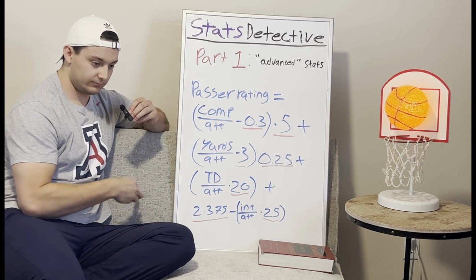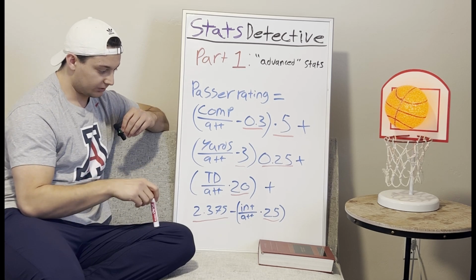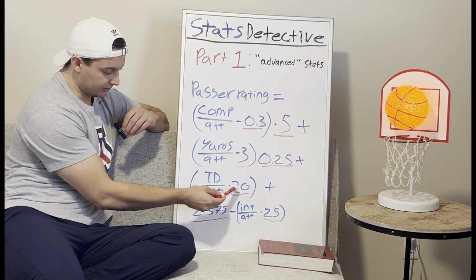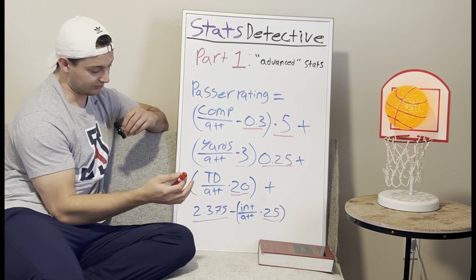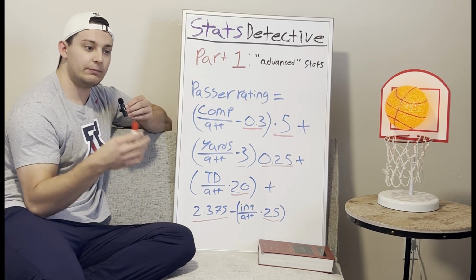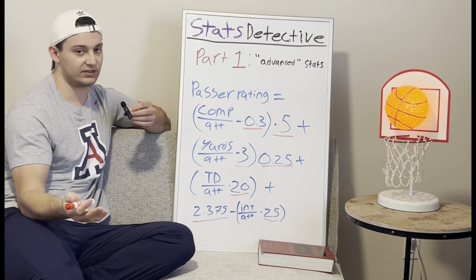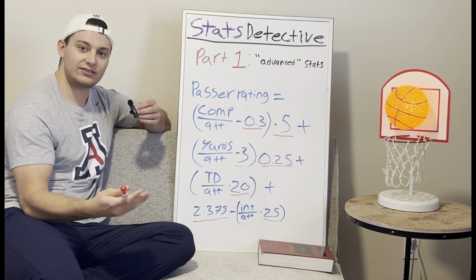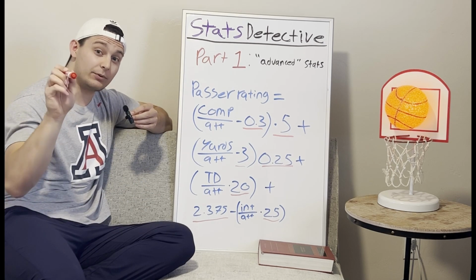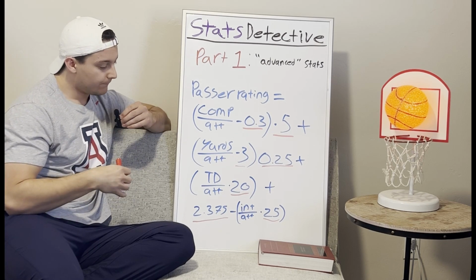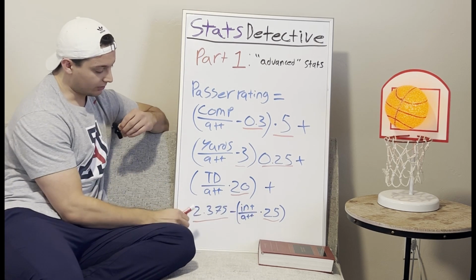If you have watched our videos in the past, you will know that touchdowns are worth more than interceptions. They just are. Touchdowns means you got points. An interception means your defense, well, unless it's a pick six, your defense has a chance to make a stop. And typically that stop results in fewer points than a touchdown. So why are we weighting an interception much higher?